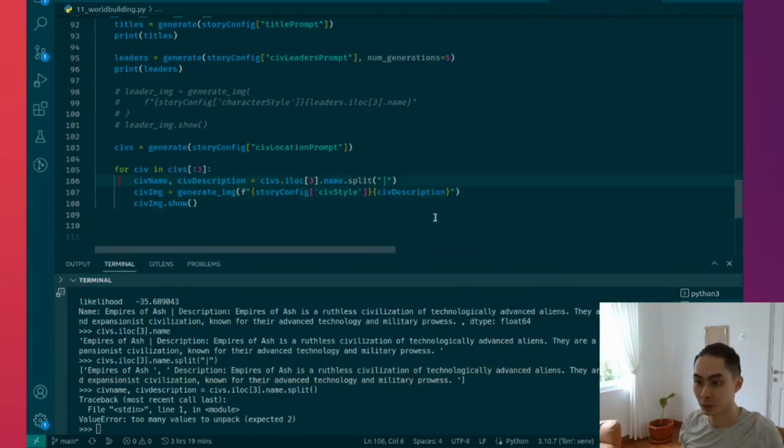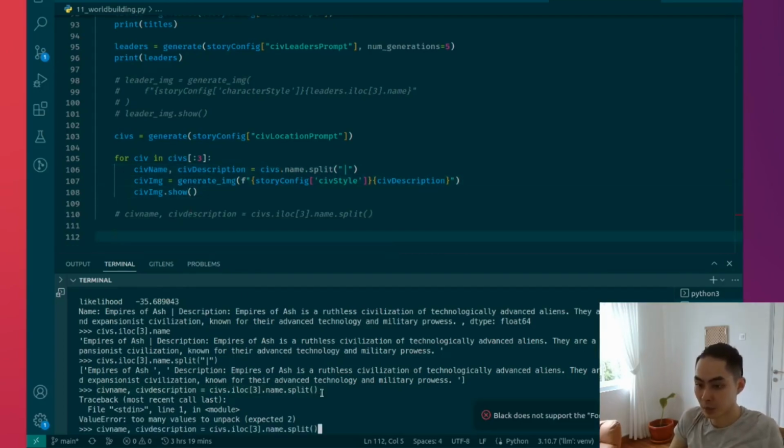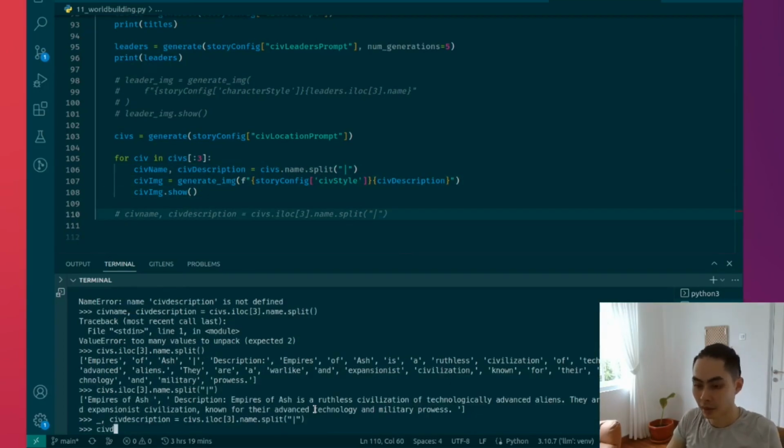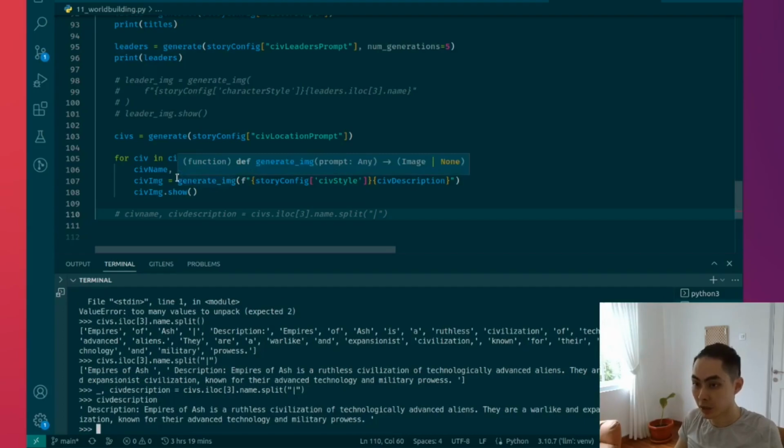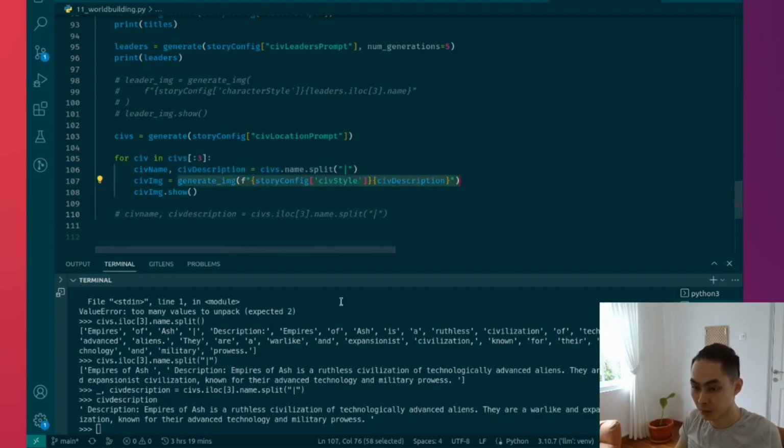And because this is so useful, I'm going to use civ.name. Let's test whether this will work. So I have the civ description, and now you can pass this into your prompt. So here we're saying generate image, civ description. So copy that, paste it in,